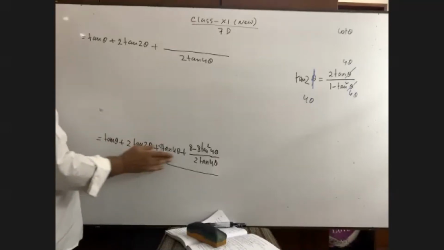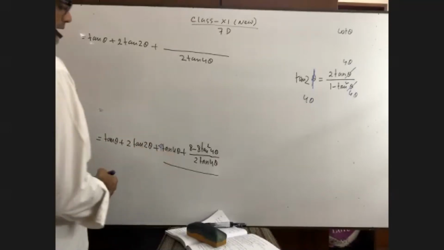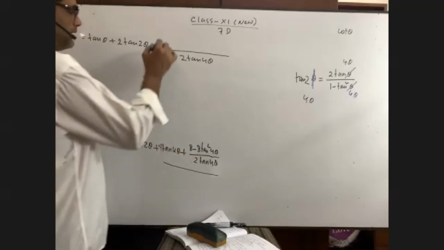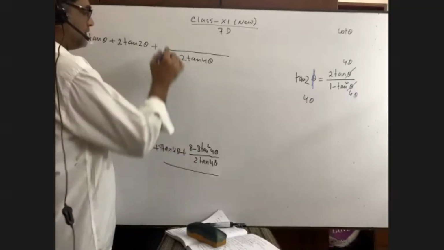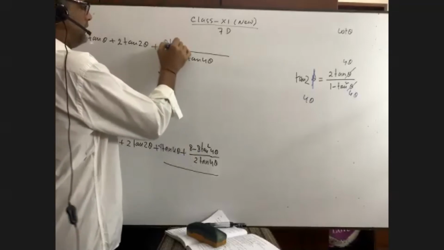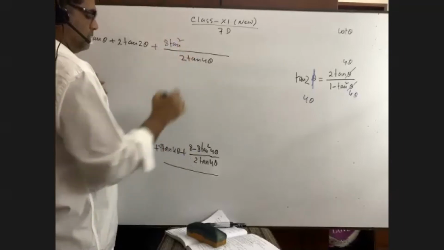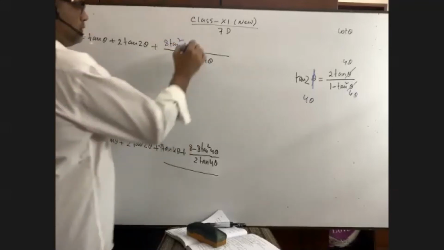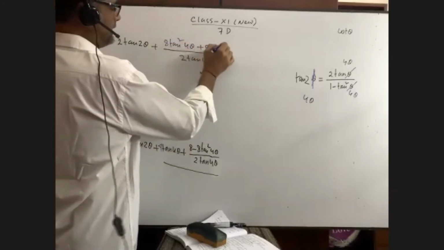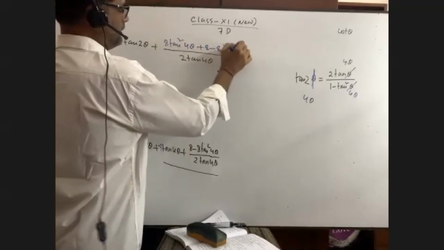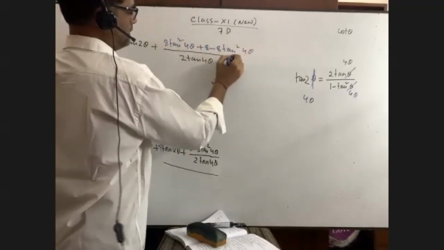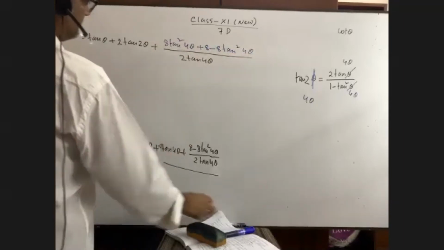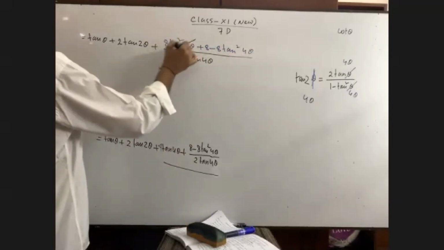Okay. Now it is 4 tan 4 theta. Now you see, you get it. I mean LCM. Then we will get 8 tan square 4 theta, right? Plus 8 minus 8 tan square 4 theta. Is it? So we are getting this cancelled.